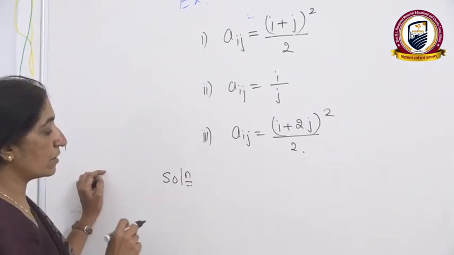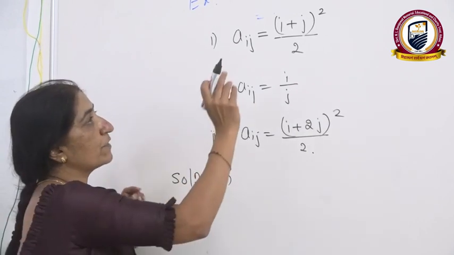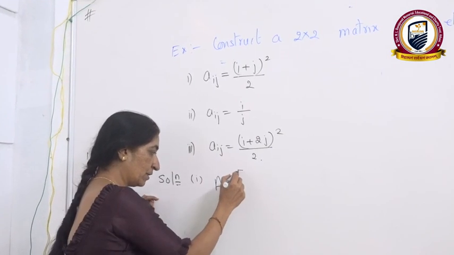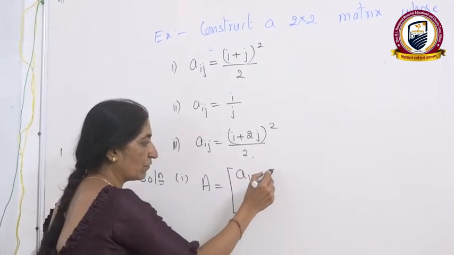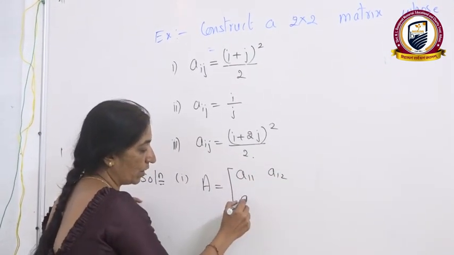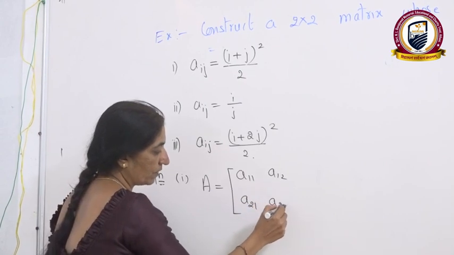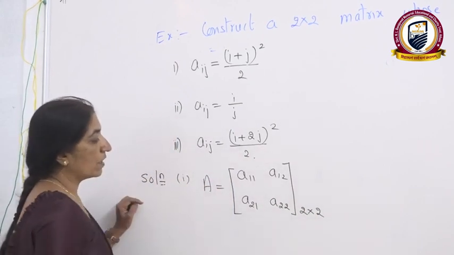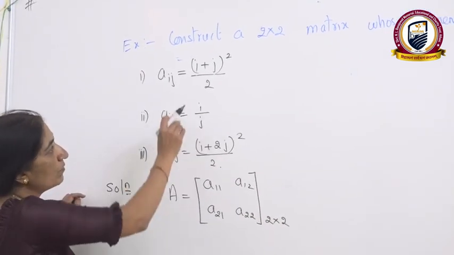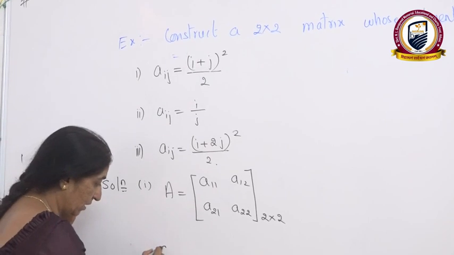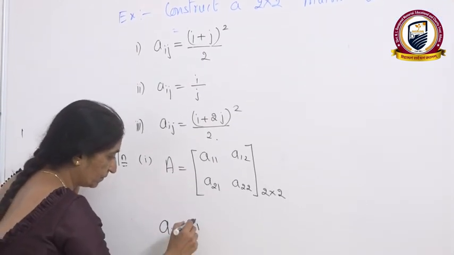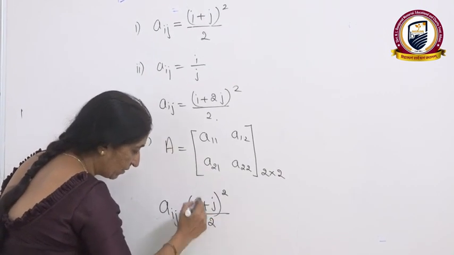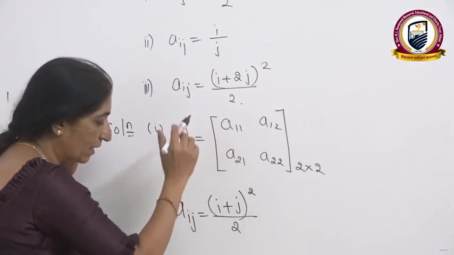Tell me students, what is the first step? In the first step, you have to write a matrix of order 2 by 2. Write down 2 rows, A11, A12, and 2 columns. First we have to write 2 rows and 2 columns. After writing the matrix, write down the condition. The condition is like this. So here, exactly below, write down these 4 elements one by one.